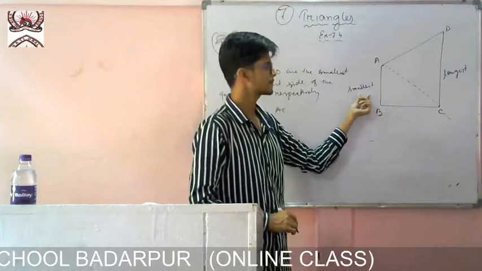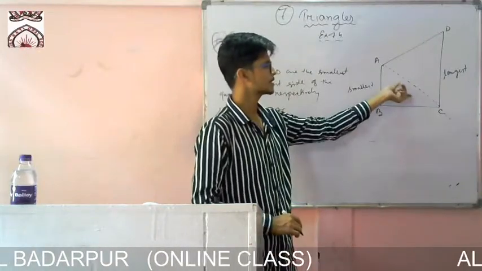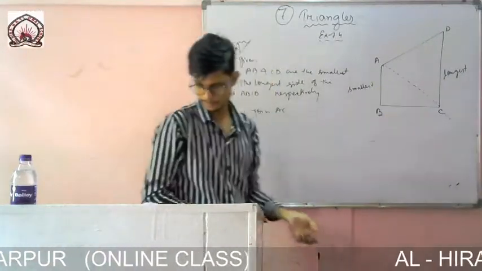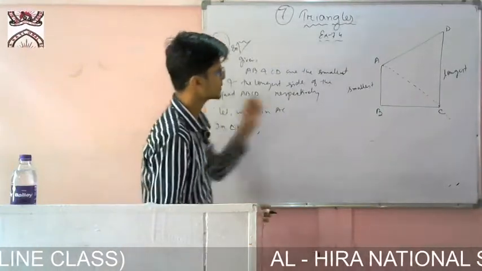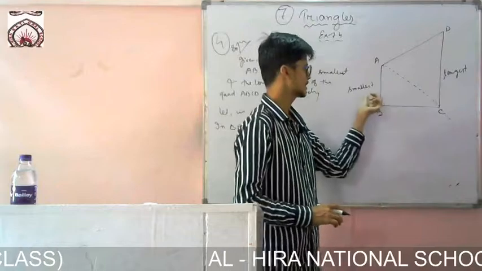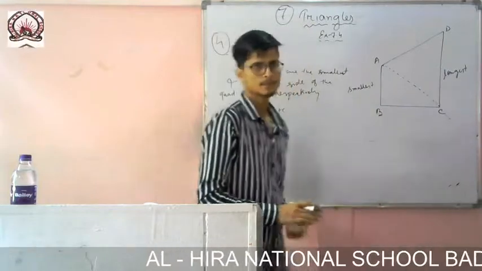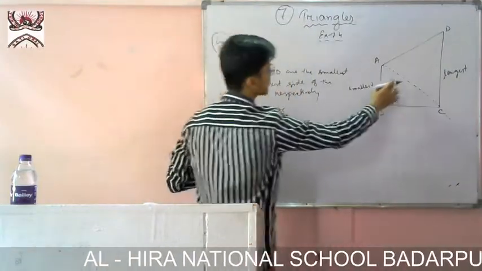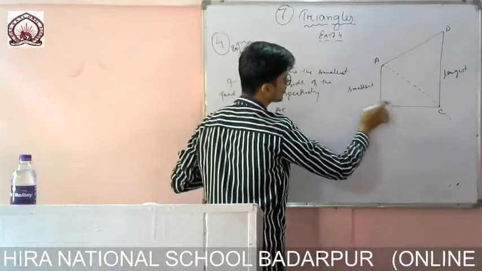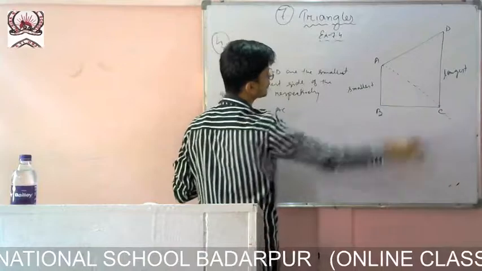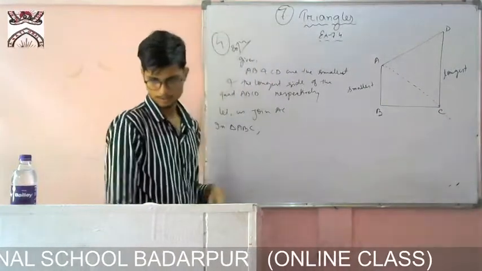Here in triangle ABC, it is given this one is the smallest side. The hypotenuse will be the longest for this triangle. If this is the smaller, then this one will be more than that one. Out of these three sides, this one is the smallest, so whatever the angle may be, AB will be smaller than BC, and AB will be smaller than AC also.